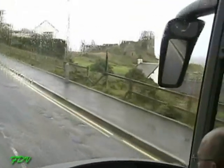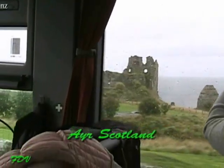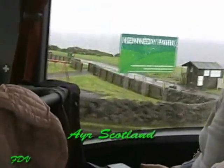And in front you'll see a dome-shaped building, and what you would have is a tower house, so that is the tallest part of